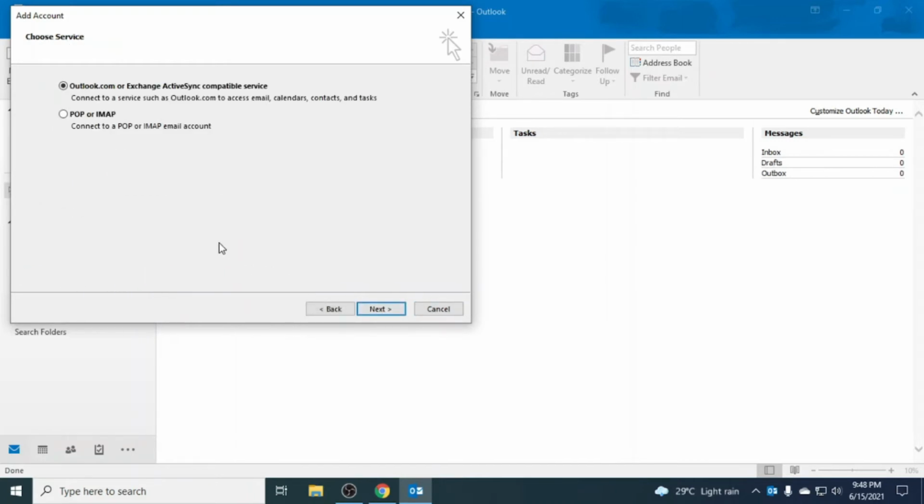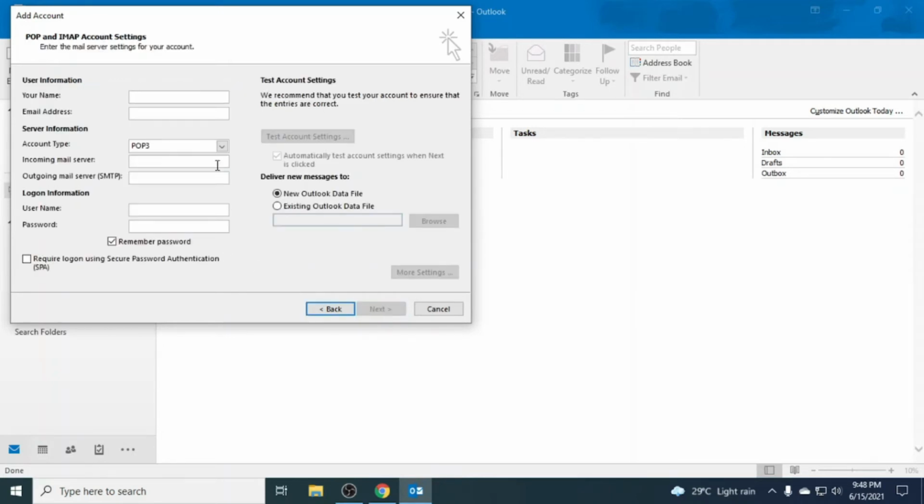Next. So I told you there are two types of mail services, POP or IMAP. POP is Post Office Protocol, IMAP is Internet Message Access Protocol. POP will automatically download all mail from Gmail. You can use POP mail even offline, but IMAP will synchronize mail: whatever mail was downloaded previously will be synchronized to webmail, and if any new mail is there it will automatically download. Next, you have to write your name, for example Mr. John. You can write whatever name you would like to show at the receiver's end.